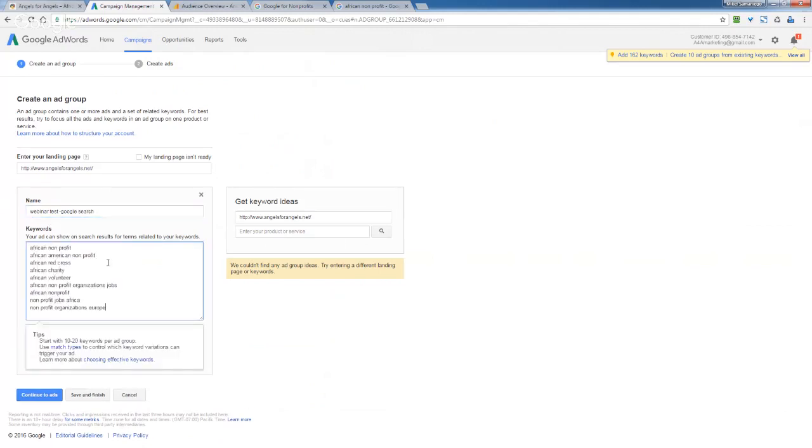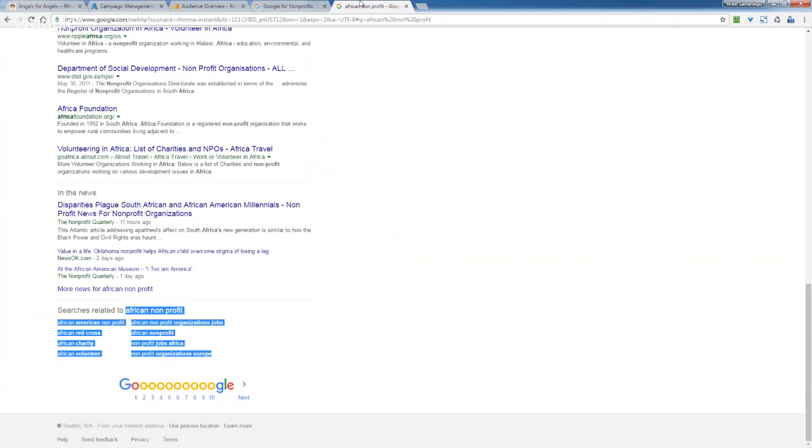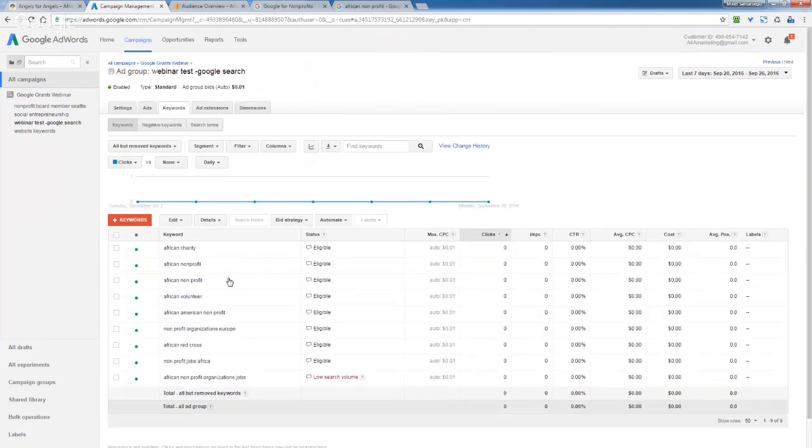And you just paste, and it's going to paste that list of keywords. So African nonprofit, African American nonprofit, and so on. All the keywords from this related part at the bottom of the page. Then you just say save and finish. Now that's about as easy as keyword research gets. I'm going to show you two or three more ways that you can find keywords without much extra effort